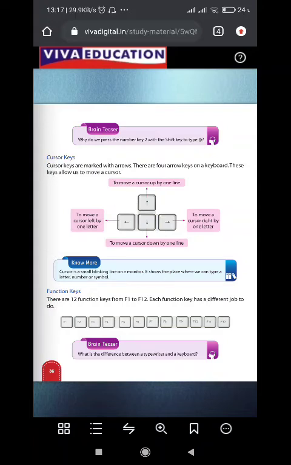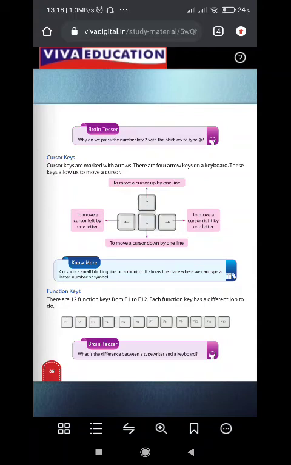Okay, next is the cursor keys. Cursor keys are marked with arrows. There are 4 arrow keys on a keyboard. These keys allow us to move the cursor in the direction given: up, down, left and right. When we press the up key, the cursor will move one line up. When we press the down arrow key, the cursor will move one line down.